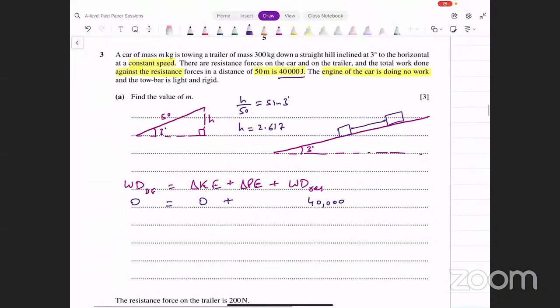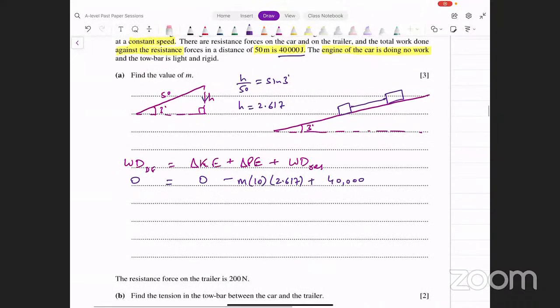Now you just input those values here. Now you've got to be careful about the sign that you're using. Potential energy decrease हो रही है, वो नीचे को move कर रहे हैं. They're moving downwards. Okay? या तो आप h को negative लिख देंगे, या बस आप यहाँ पे बाहर negative लगा दें, because the change in potential energy should be negative. What's the mass? We don't know. M into g, that's 10. Change in height, that is 2.617. Just solve this and you'll get the value of m from this. ठीक है, ये हमारे पास क्या आ जाता है? This turns out to be 26.17 m equals 40,000, and m equals 40,000 divided by this,